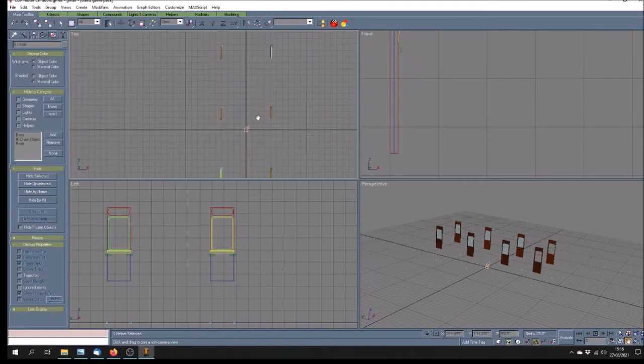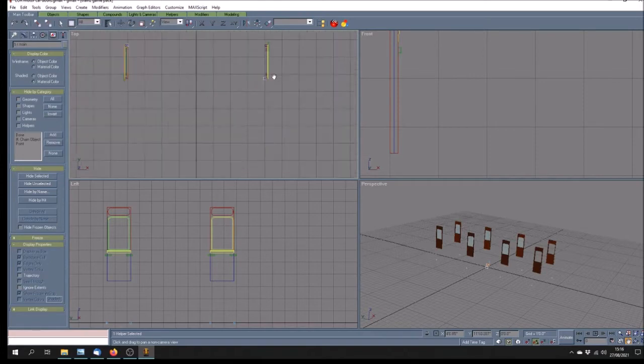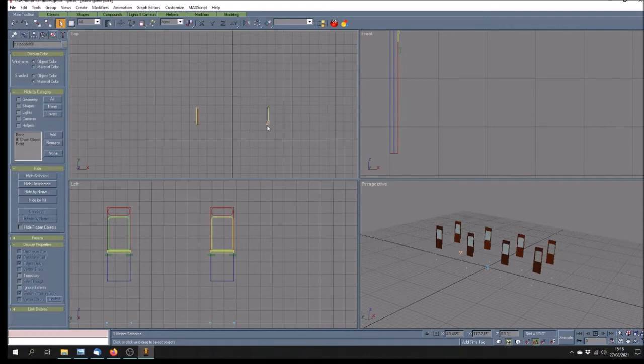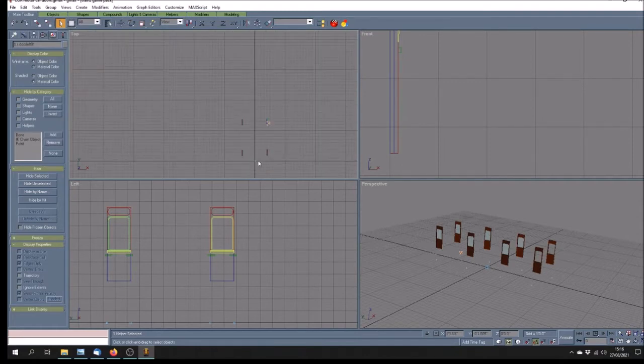Okay, so now I know I've got doors on this side, and for each door, more or less where the hinge is, I've added a separate dummy, and this is door left. Even though it's on the right hand side, you have to imagine that you are standing